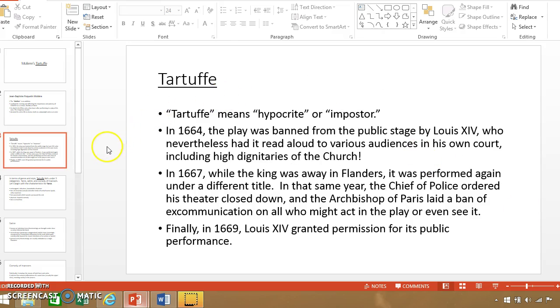Now a bit about this play, which has quite the history. Tartuffe means hypocrite or impostor. And in 1664, the play was banned from the public stage by Louis XIV, who nevertheless had it read aloud to various audiences in his own court, including high dignitaries of the church. So he secretly had no problem with it, but of course, some of the clergy who